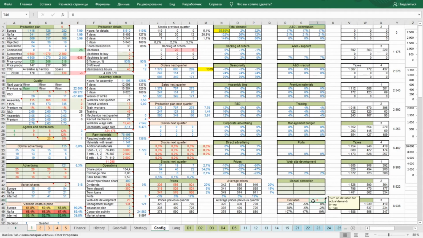If we put 1, then the demand calculation is equal to the actual number of orders in the management report for the current period.